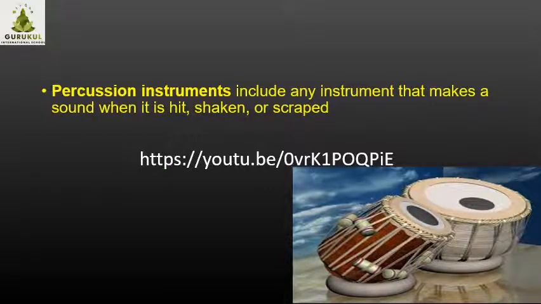Then a percussion instrument includes any instrument that makes a sound when it is hit, shaken or scratched. Okay, here you might have seen someone playing a tabla or dholki or drum set. What happens when that person hits that membrane? Then it produces sound due to the vibration caused. Okay, so here also one link is given about percussion instruments. You can view this. Okay,